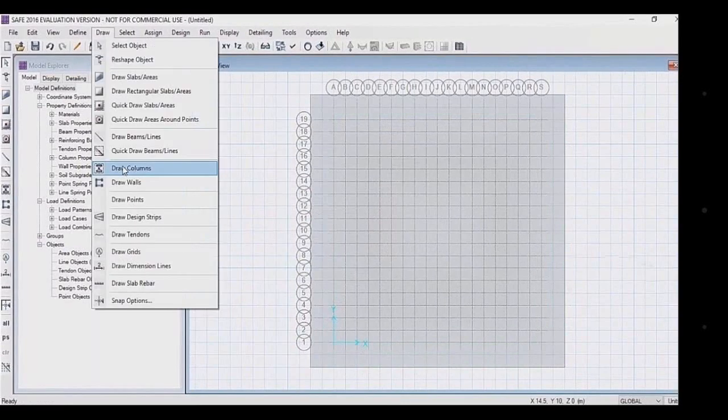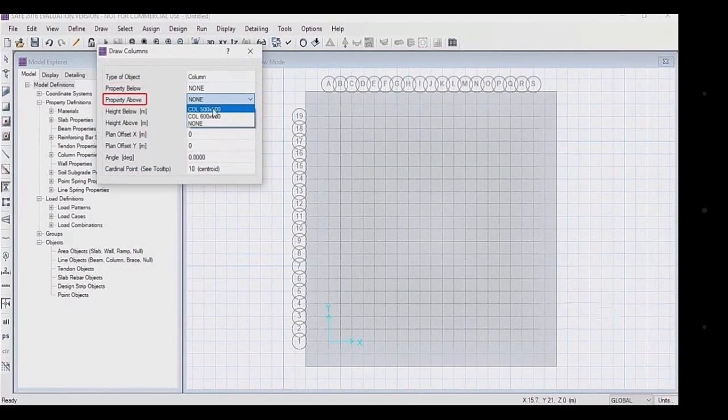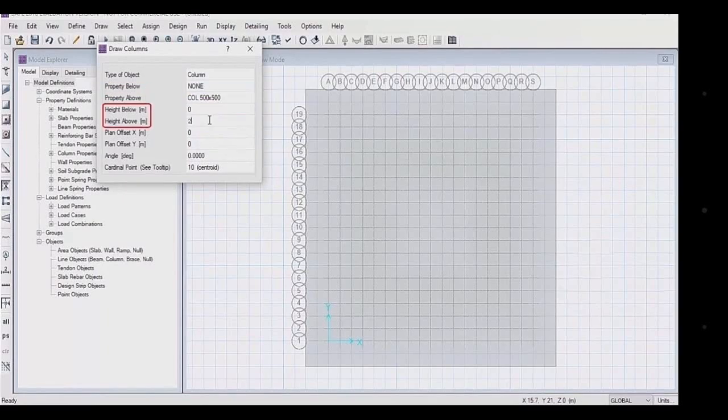After that, we have to draw columns, then click on draw menu, then click on draw columns, then change property below to none, property above to column 500 into 500. First we draw column 500 into 500. After that, height below should be 0 and height above should be 2.